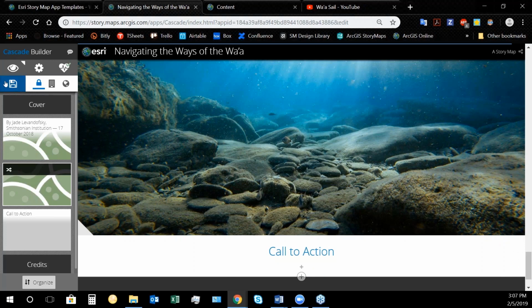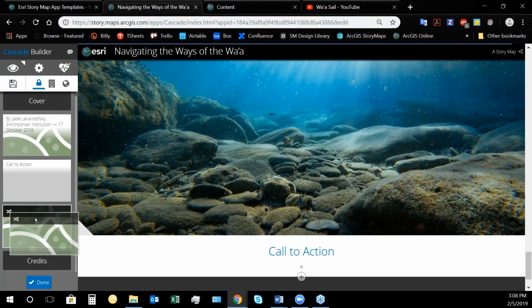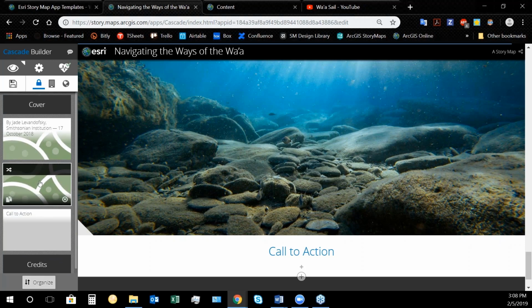As always, I'm saving frequently, but now I do also want to draw your attention back over here to the builder organization function. So say I finished my story, or I was working on my story, I didn't like the order of how things ended up. I can click organize and rearrange any of these sections and click it when I'm done.